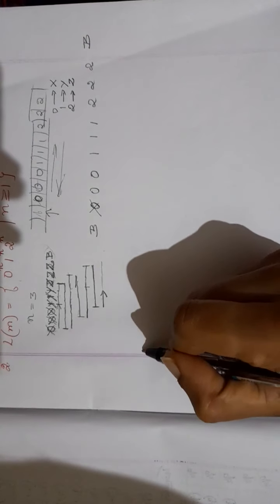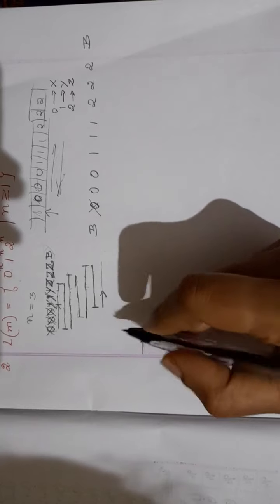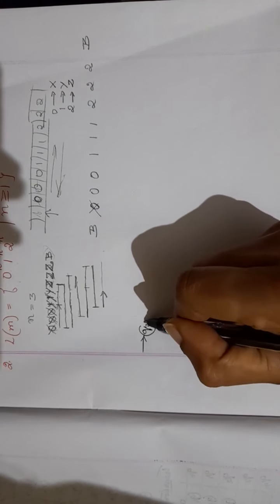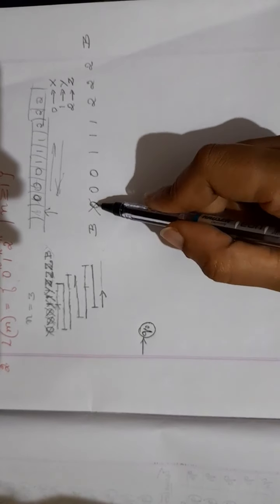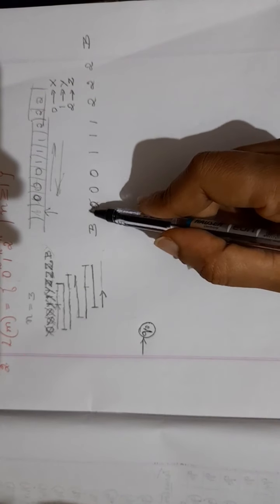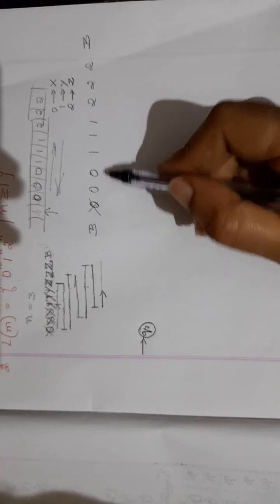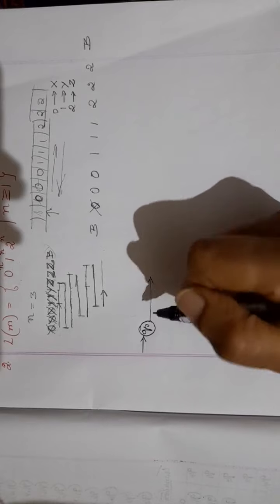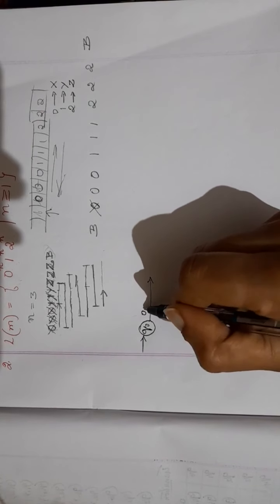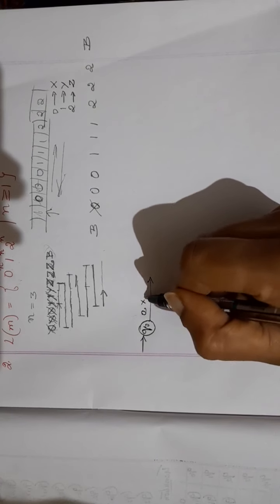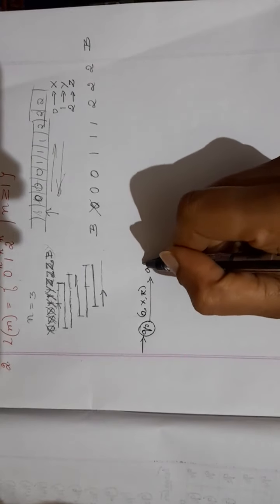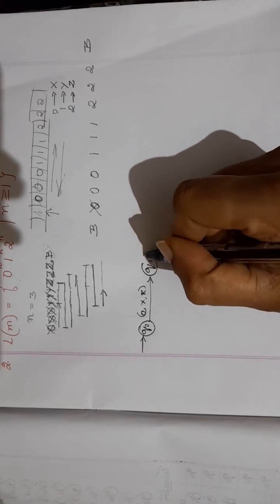Start. I'll take the state as Q0. So what is the first thing you did here? If you're reading a 0, you replaced it with x and you moved right. You read a 0, you replaced it with x and you moved right. And you go to next state now, Q1. Okay, you're going to next state, Q1.